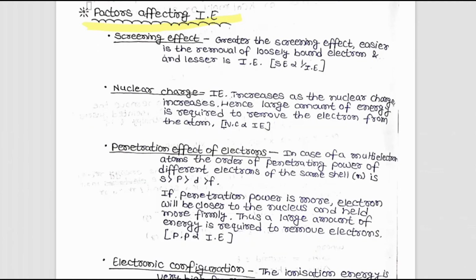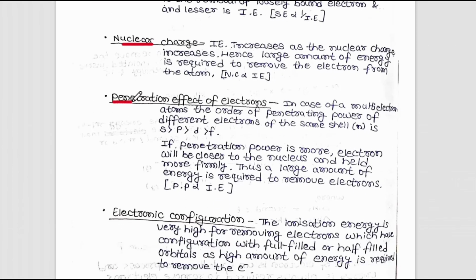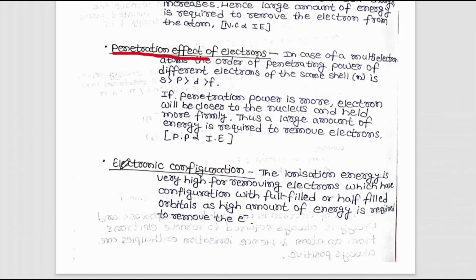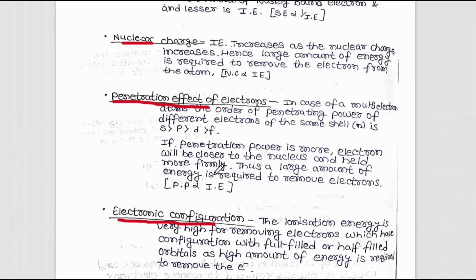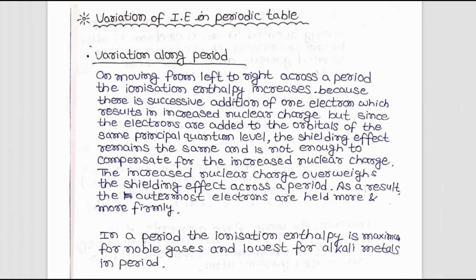Now let us come to the factors affecting ionization enthalpy. And the factors are screening effect, nuclear charge, penetration effect of electrons, and the electronic configuration. Now let us come to variation of ionization enthalpy in the periodic table, and the first variation is along a period. On moving from left to right,